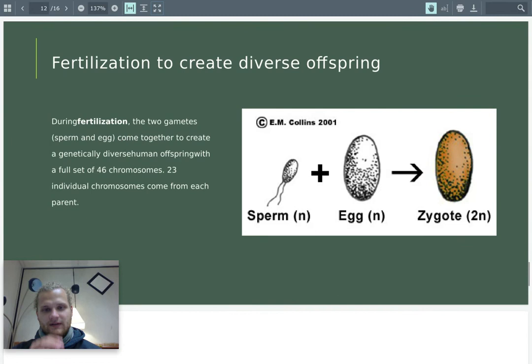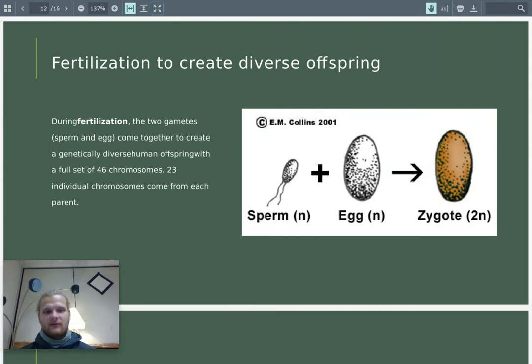All right, fertilization to create diverse offspring. This is super nice. During fertilization, we get 2 gametes. Our gametes are going to be sperm or the egg. They come together to make the zygote. Sperm has half the chromosomes, egg has the other half of the chromosomes. It gives us the full set of chromosomes, a full set of DNA. So in humans, we get 23 from dad, 23 from mom, and we get 46 total to make